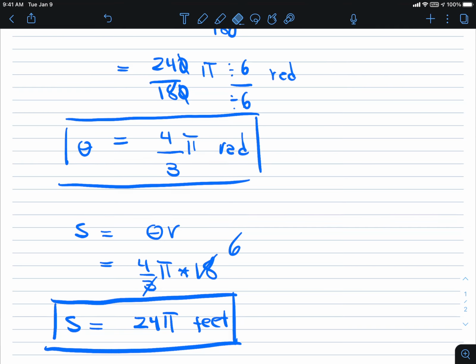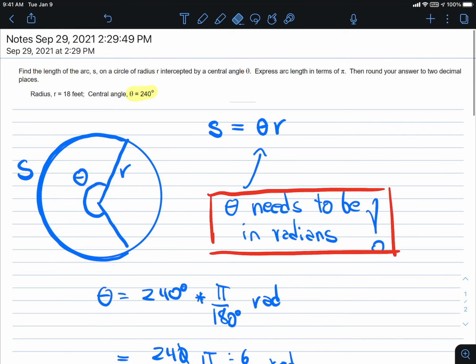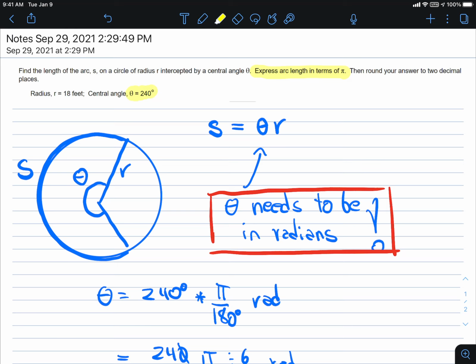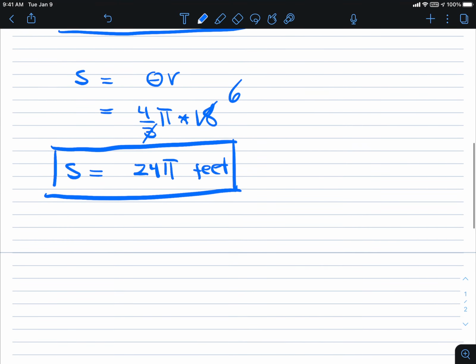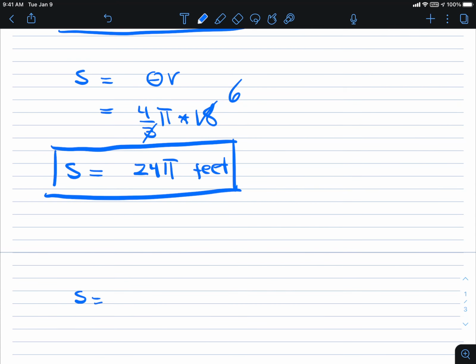I'm even going to go back just to realize there. So first express the arc length in terms of pi. We've done that, check. That's 24 pi, right? And next, you want to round your answer to 2 decimal places. So you do that by just using a calculator. So S equals 24, you multiply that by 3.14, or just most scientific calculators have a pi function. And if you multiply that, you're going to get